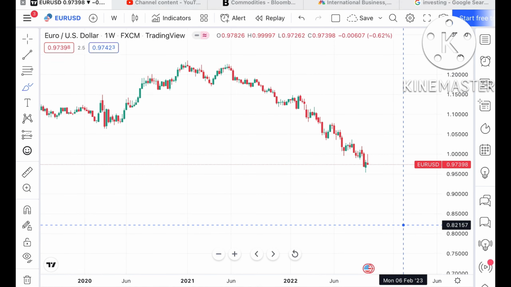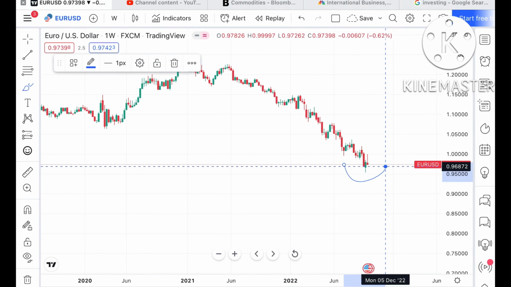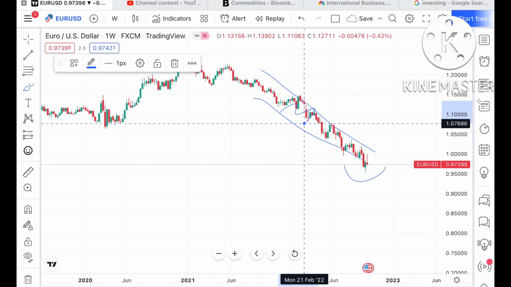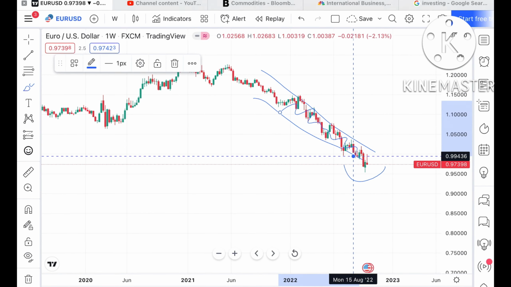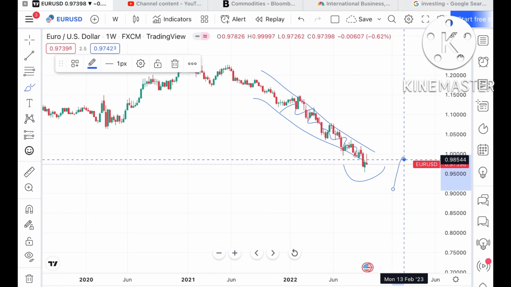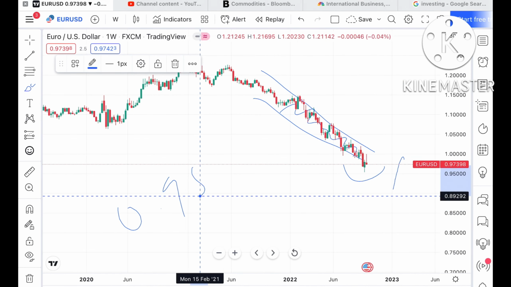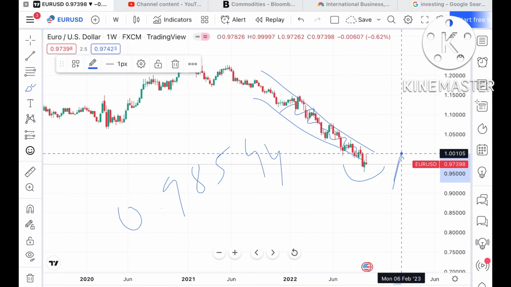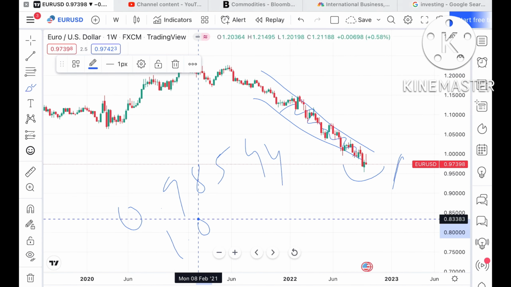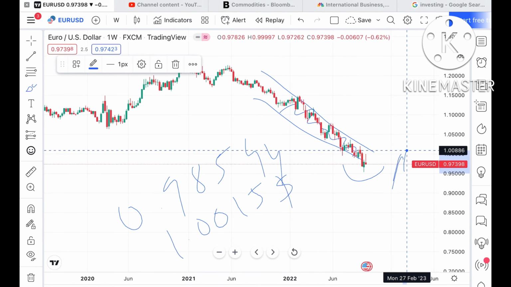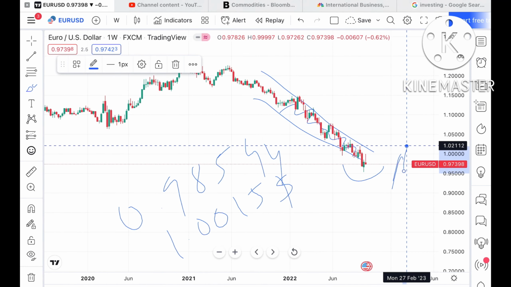Now suppose this particular level is sustained, because we can see a swing forming at this level and a descending range towards down in the Euro USD. Then we can see it go towards a level of $0.98544. If the price goes above that level, it can touch $1.0015. And if the price sustains above this level, it can go further upside towards a level of